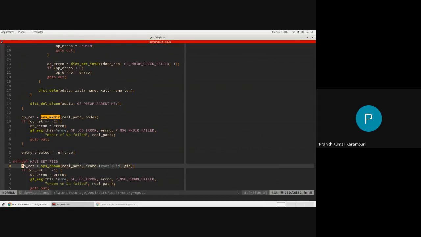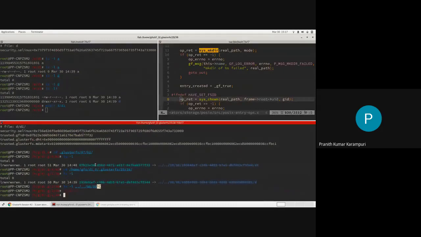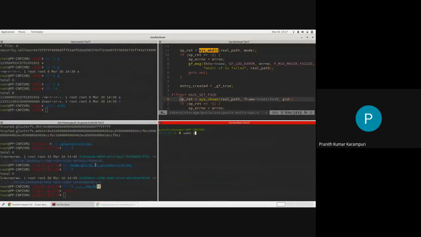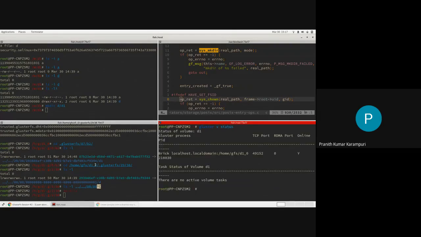If you do, oh wait a second, I also said I will show some demo, right? Sorry, in open I wanted to show you something which I forgot. So this is the PID of the brick. You can do watch slash proc this one fd, ls minus l.